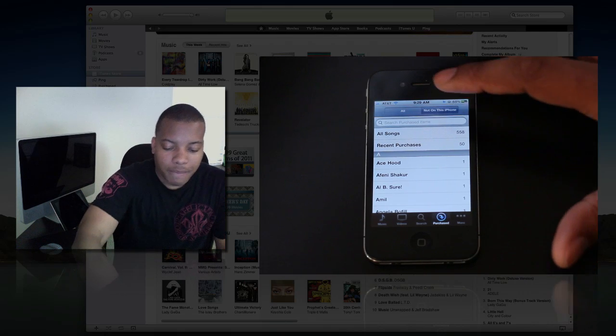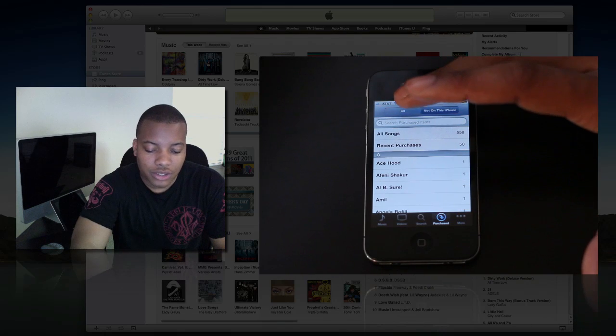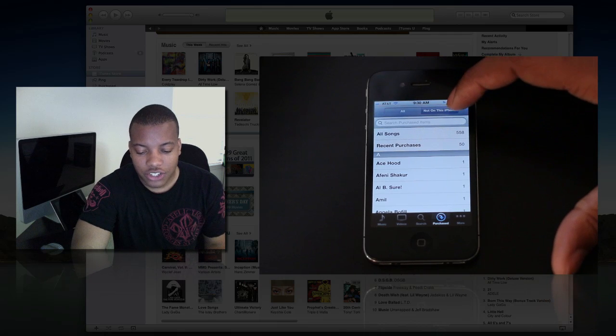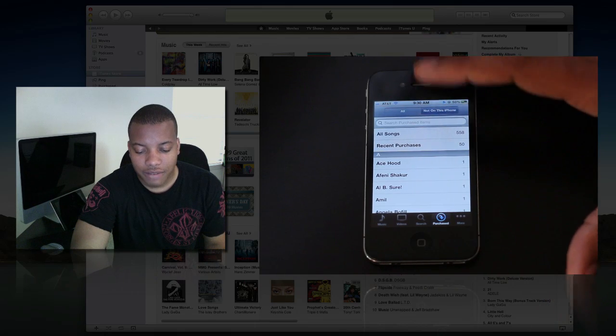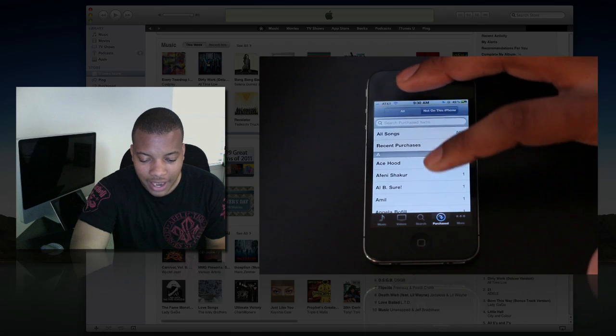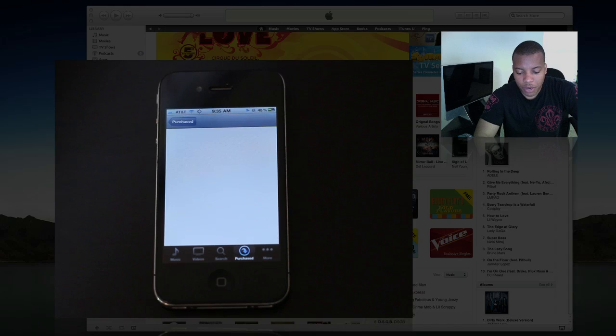iPhone, and now you go down to the purchased section here at the bottom, and now you can see it breaks it down to all purchases that you ever bought with this specific iTunes account, or it'll be broken down to just these songs that are not on this iPhone itself. So right now you can go ahead and scroll through all of them in alphabetical order if you wanted to. And now we go into the recent purchases tab here, and we'll be able to see that song that